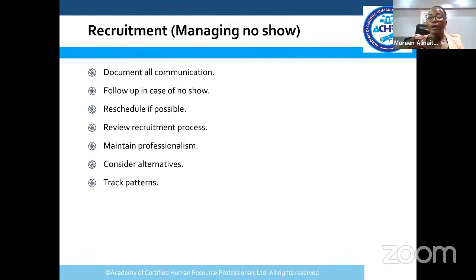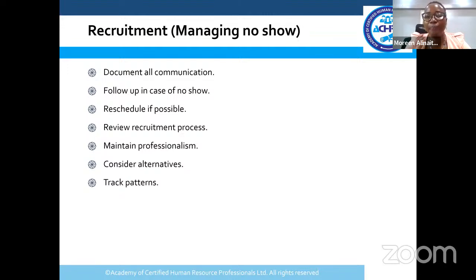Now, we are going into the area of recruitment before we move on to the area of contracts, because I know maybe you're wondering, why are we not going straight into contracts? We want to establish first who can sign a contract of employment, a contract of service. So before we move to that, we are going into the area of recruitment,